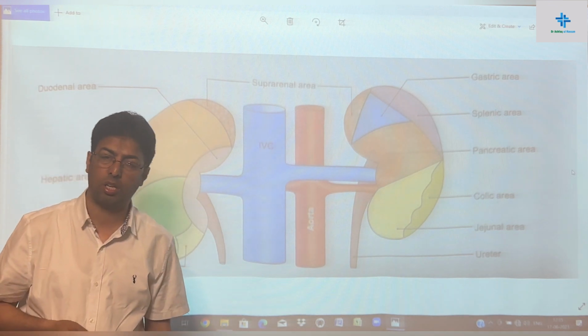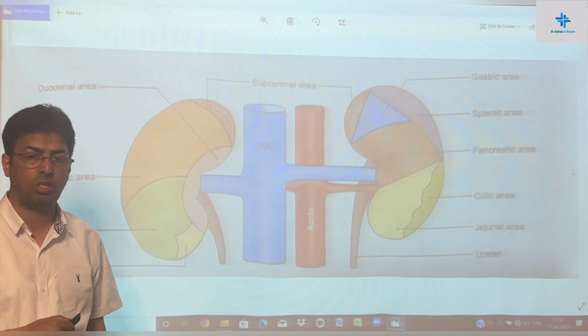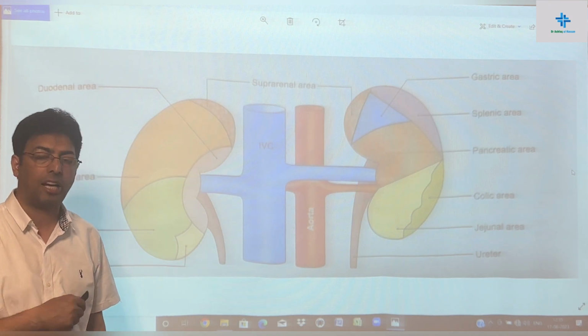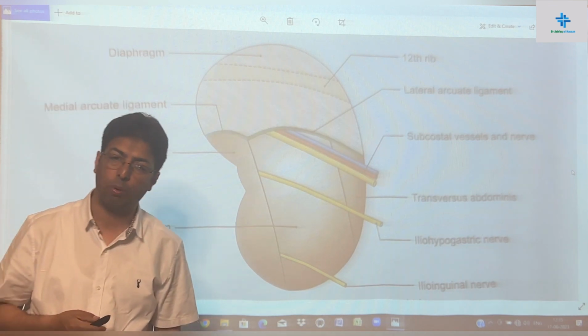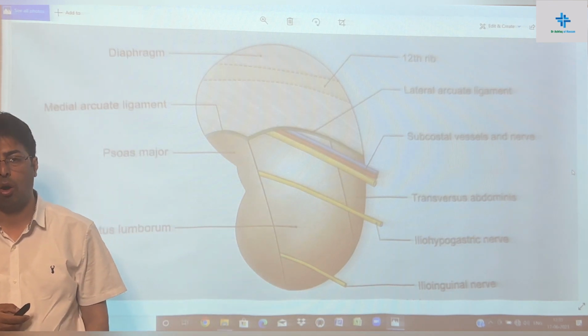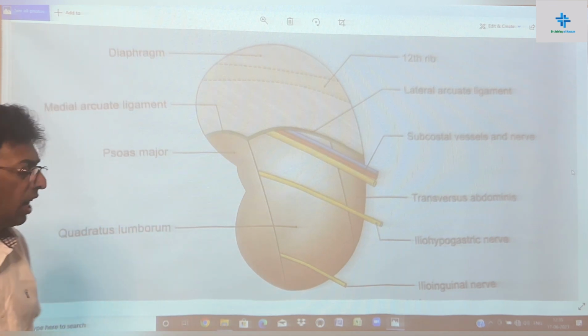So these are some of the important anterior relations you have to remember, because this is a question sometimes asked, diagrammatic representation showing the anterior relations of the kidney. Now what's more important is posteriorly. For a surgeon who operates the kidney from the back, you have to remember some important structures which lie posterior